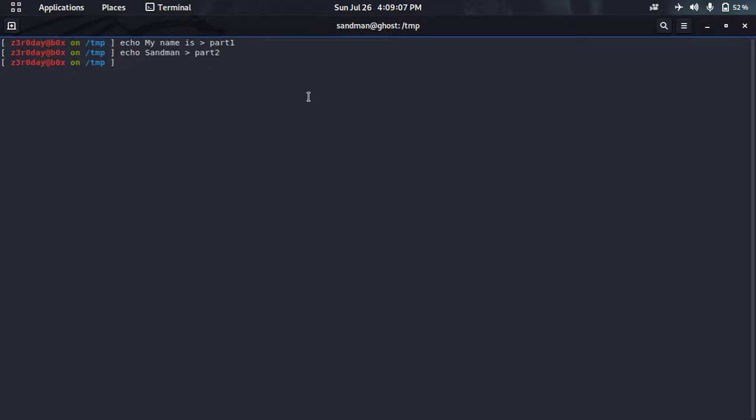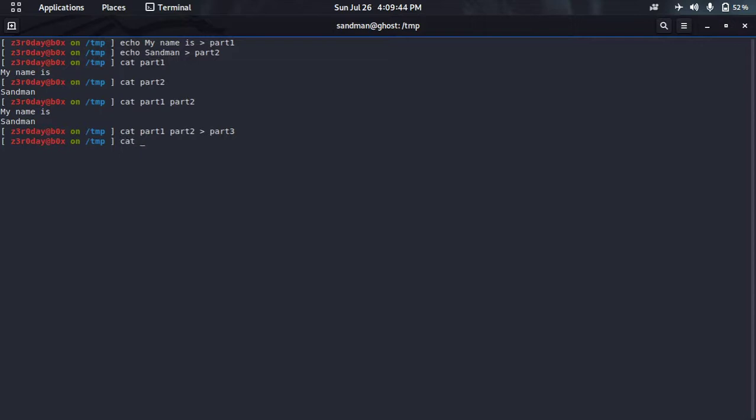Part 2. Okay, now cat part 1. Okay, the output is saved. Cat part 2. Okay, good. Now let's see how we can concatenate these parts. Cat part 1 part 2, and as we can see it is concatenated. Okay, concatenation here means in the same file, not on the same line. So this is basic usage of cat. We can even save this output in a third file using cat part 1 part 2 and redirect the output to part 3. So now we can cat part 3 and here is the final output.